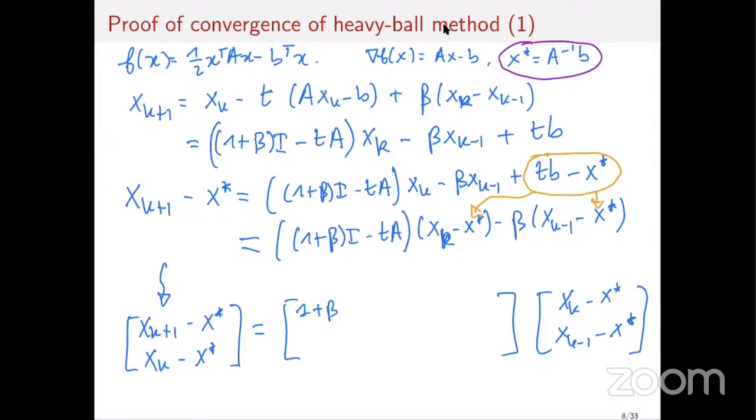So I get (1 plus beta) identity minus tA, and then I have a minus beta identity here. And obviously the second line is always the same. Again, the trick that I mentioned: I will have an identity, because xk minus x star is just xk minus x star, and then I will have a 0 here. Okay, let me write this down. So this is the usual trick